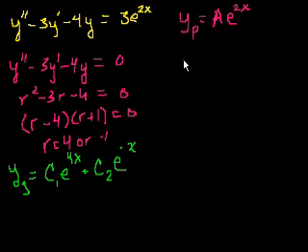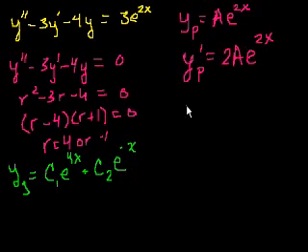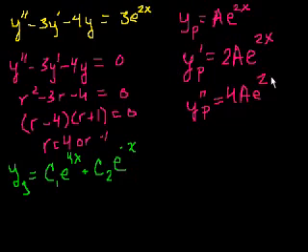If that's my guess, then the derivative of that is equal to 2a e to the 2x. And the second derivative of my particular solution is equal to 4a e to the 2x. And now I can substitute in here, and let's see if I can solve for a, and then I'll have my particular solution. So the second derivative, that's this. So I get 4a